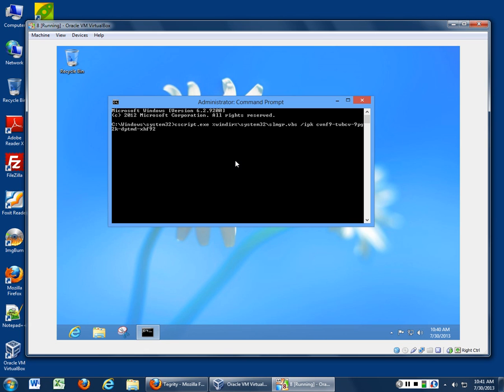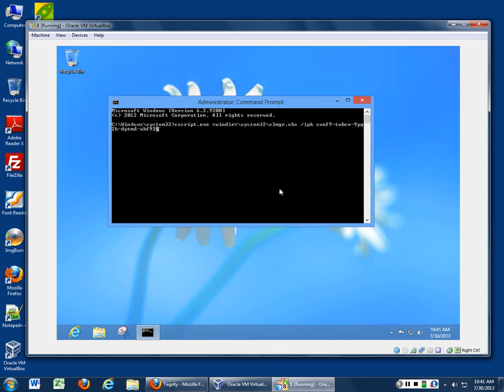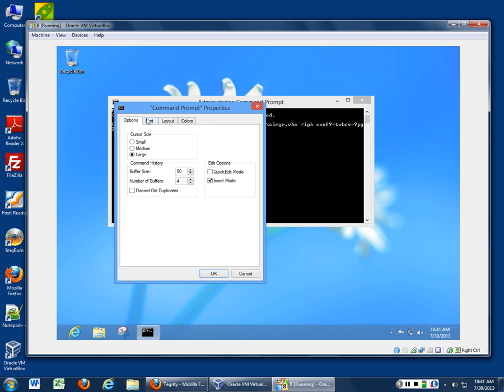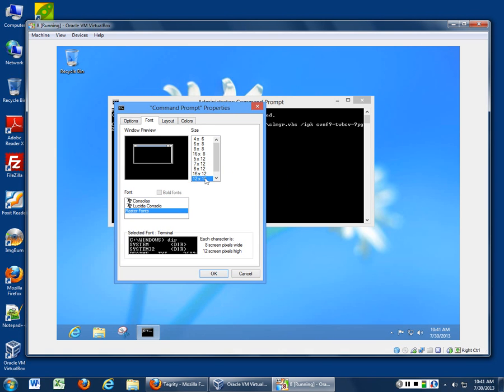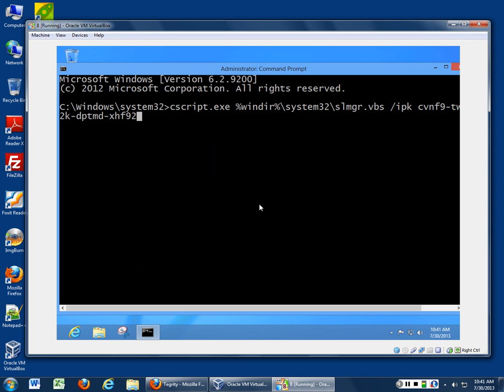Okay. System32. I got that. That's your cursor. Slash. There we go. There we go. Yay! All right. So cscript.exe %Winder%